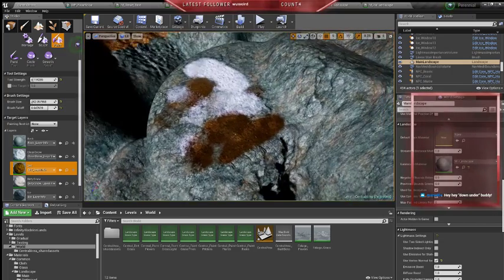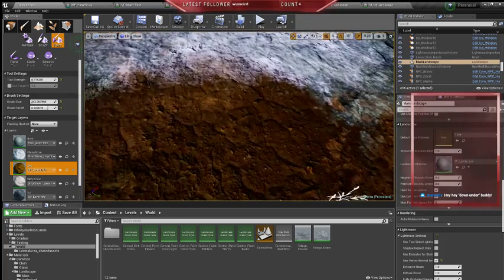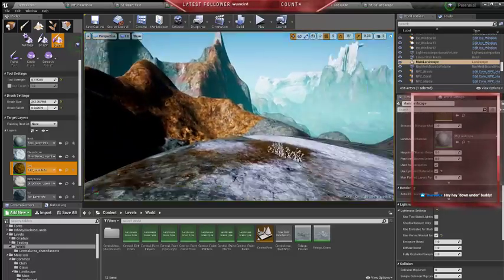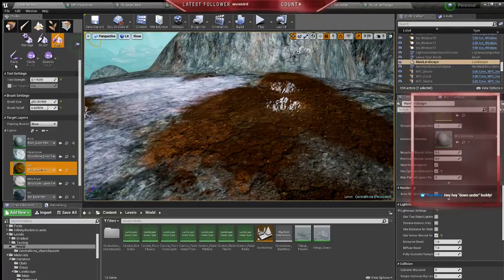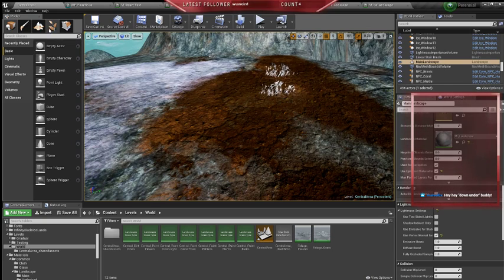You can even see there I've got a noise happening over the top of the dirt layer as well, so you're getting a bit more variation in colour than might otherwise be there. So you can see, yeah, there it's lighter, there it's darker. That's all controlled by the layers as well, so they pass in what sort of scale that's going to be at. But I like the idea, especially now that I'm using a height